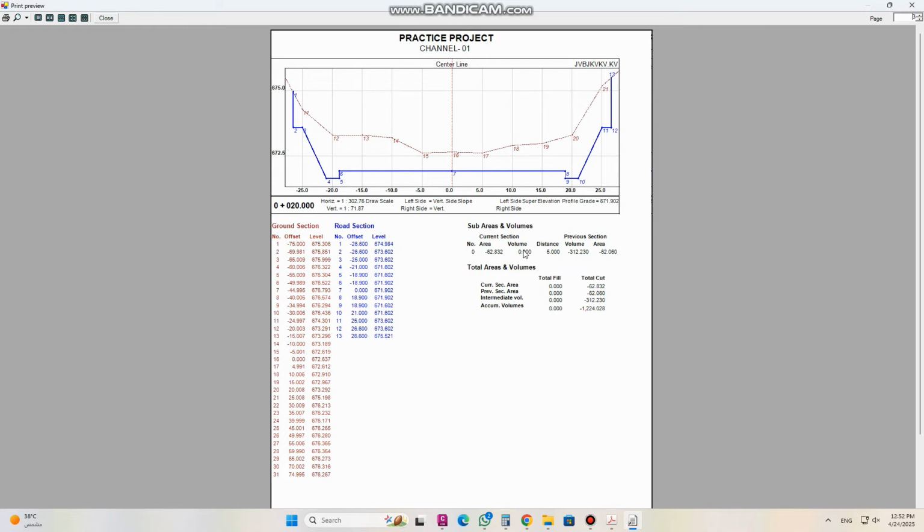this area and this. The previous section is showing here, the current section is showing here. So for the previous section, this one, is your total volume, and you can also see from here the current section area, this one, 62, and the previous section area, this one, and the intermediate volume for this section. Intermediate volume mean for this section 20, and the 312, and cumulative from the start to end, as we saw